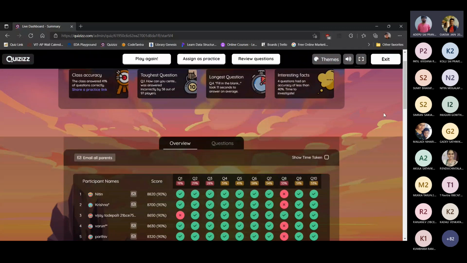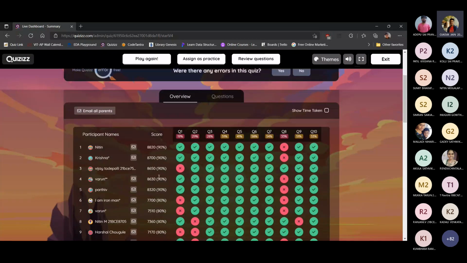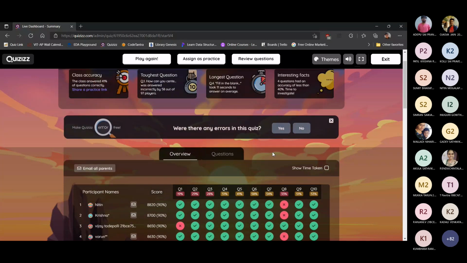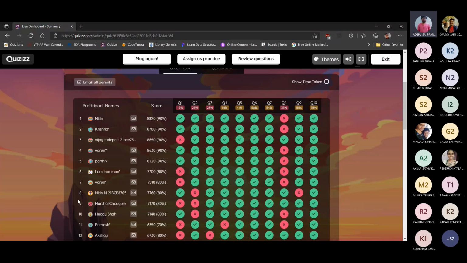The quiz is over, and anyone who wishes to do the quiz one more time and refresh their minds once again can definitely try that out. You can attempt it multiple times, however you want. That is active. Just a minute, the assignment link is disabled. I'm just enabling it in a minute. Try now. I will enable it now.